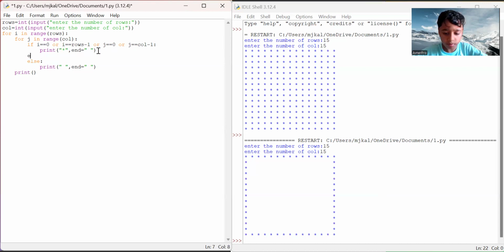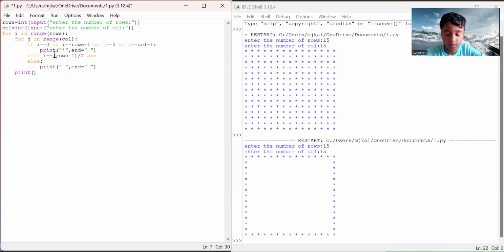And then, elif i equals to, so we use bracket operation for this one, rows minus 1, and then divided by 2,